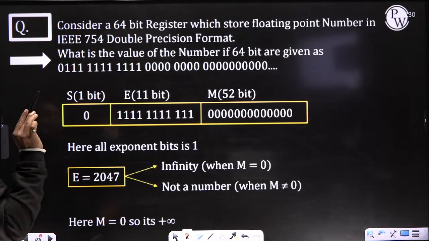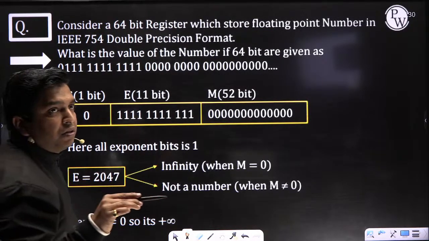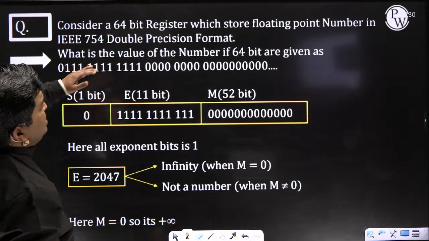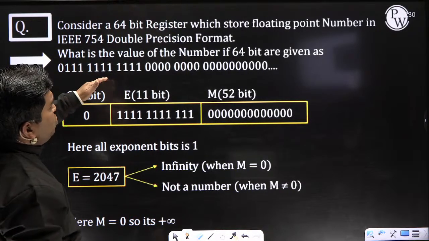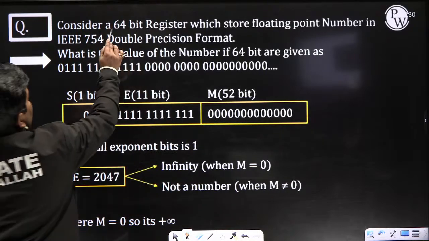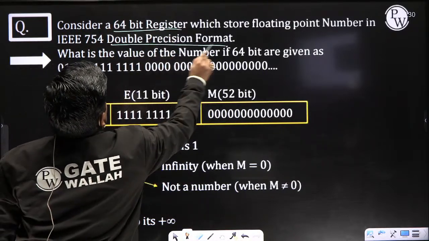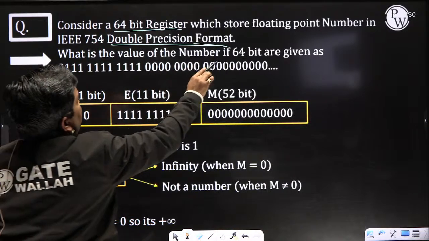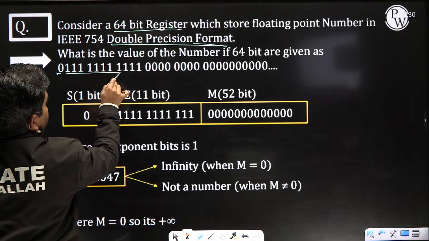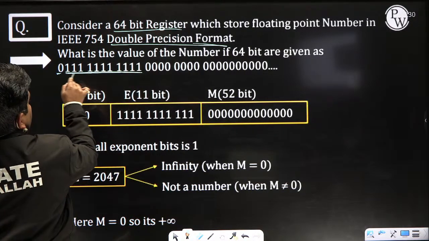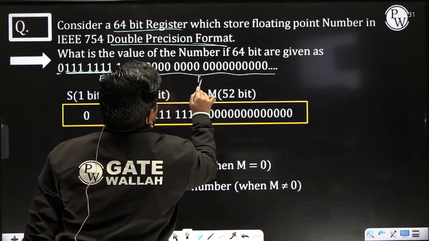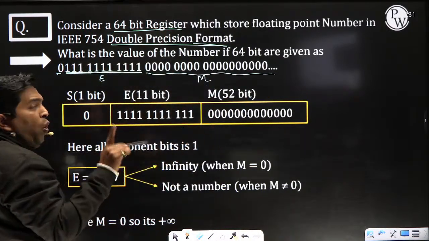Now solve this question. What is mentioned? Consider a 64-bit register, IEEE double precision. What is the value of the 64-bit number? S, then 11 bits of E, and this is the mantissa, 52 bits. So here all E